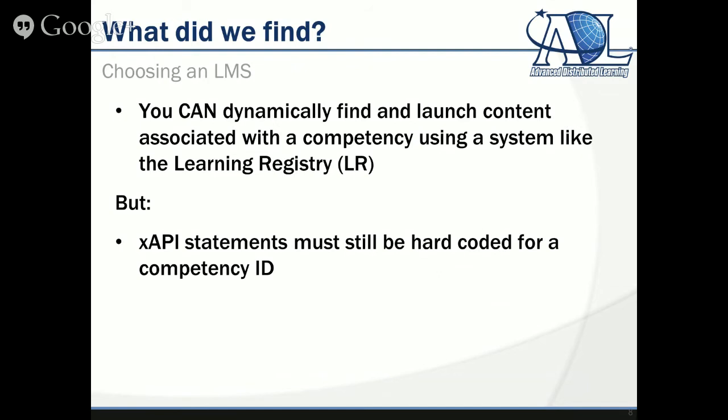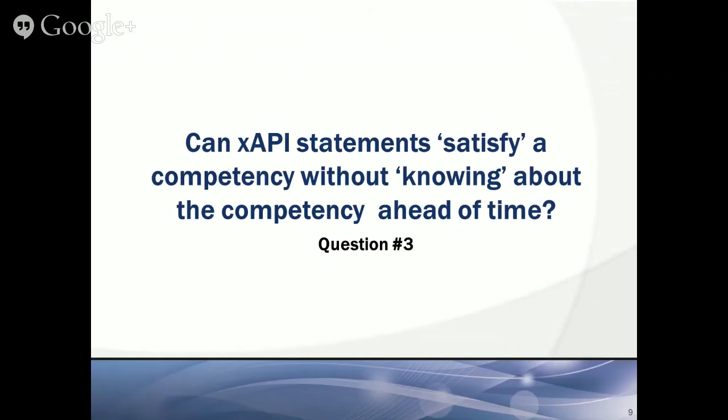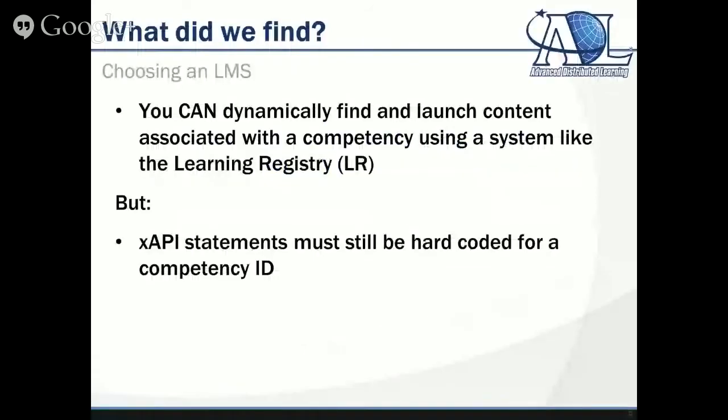So actually, let me back up one second. It's something we kind of glossed over that I think is really neat and important, sort of outside the scope of the core of this demo, but YouTube videos don't track Experience API. They're just YouTube videos, but our video is tracking. So how does that work? We're looking at what we call around here an ADL player. So we have an Experience API enabled player for YouTube videos. It knows about YouTube videos. It knows about the events that YouTube videos publish, like pause, start, when it completes, when it hits certain time codes, and we're able to track on behalf of the video.